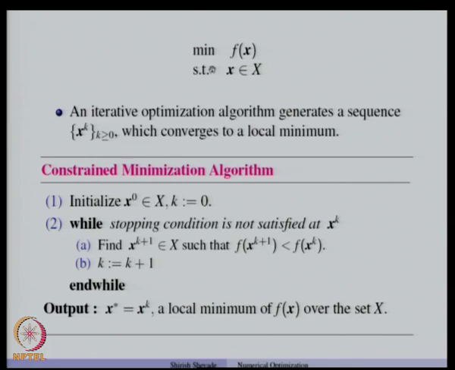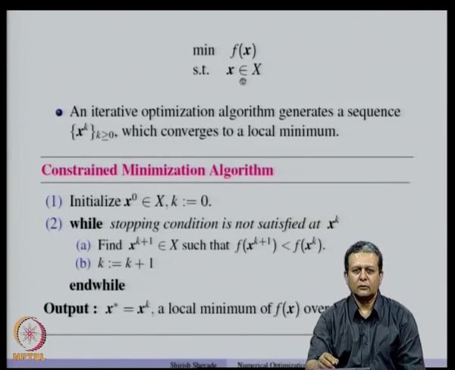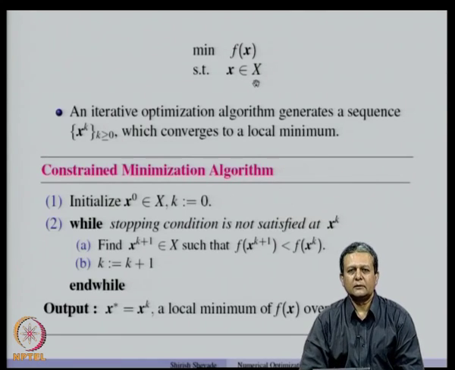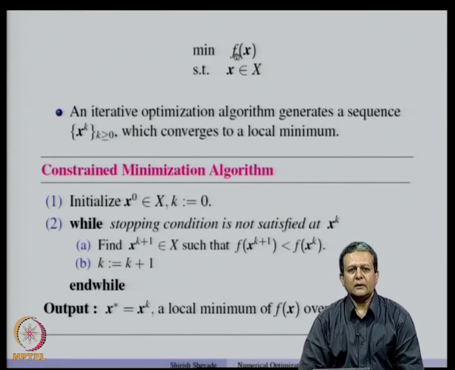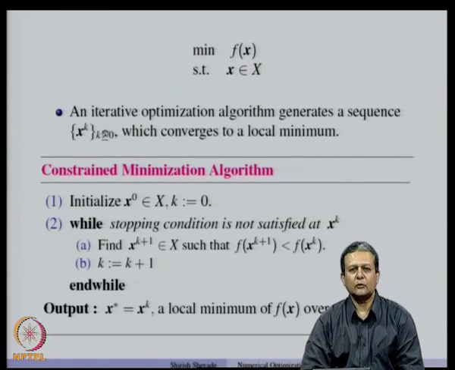In the last class, we started discussing constraint optimization problems, and in particular, we were looking at a problem of this type, where we want to minimize an objective function f of x subject to the constraint that every variable belongs to the set X. So, this set X is a feasible set or a constraint set, and this is the objective function, and we are interested in giving some iterative algorithm that generates a sequence x k which converges to a local minimum